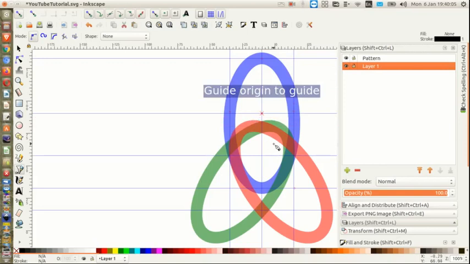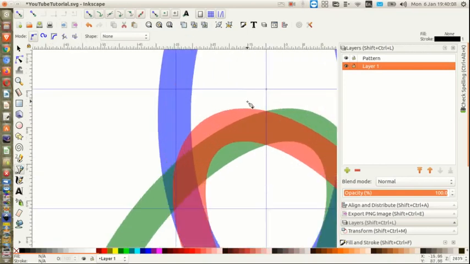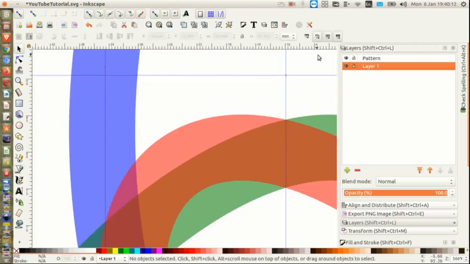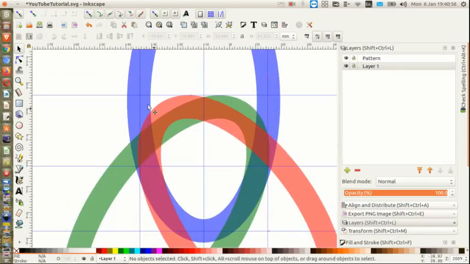I'm going to zoom in to get it to snap to it accurately. Just get the select tool. It's not really important. What I'm looking for is two more intersections here and here, so we'll leave it at that. I'll lock that layer again and go back to the pattern layer